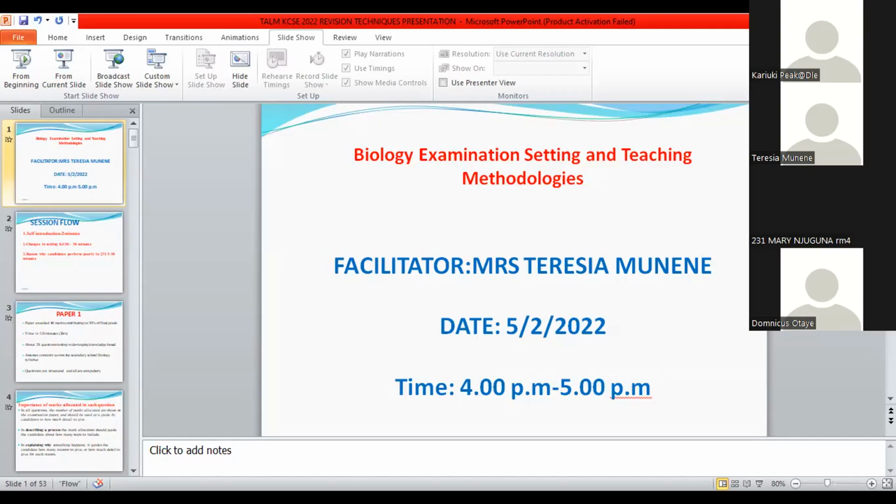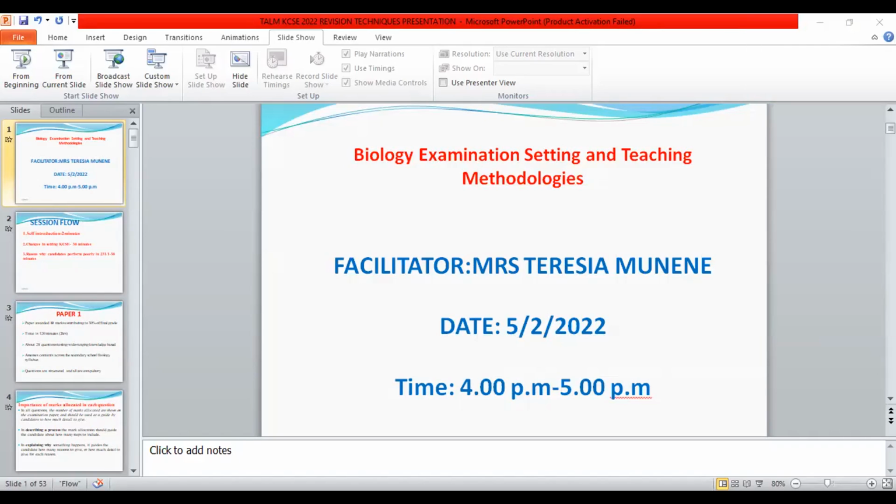such that our learners will be able to understand the concept and will not need to memorize. I know we are familiar with some of these methodologies, so I'm just going to share with you some of the methodologies being emphasized in the setting of questions today. One of them is what we are all familiar with: information, communication and technology, whereby ICT should be integrated in the teaching and learning of biology, especially in content areas where actual practicals may not be conducted. If you look at an area, for example, when we are discussing cell division, long time